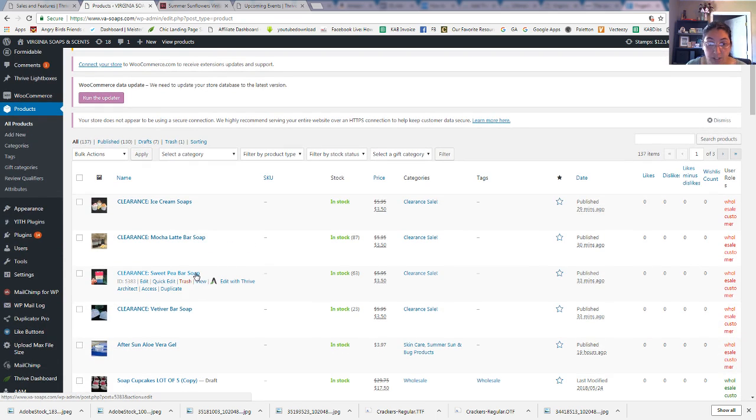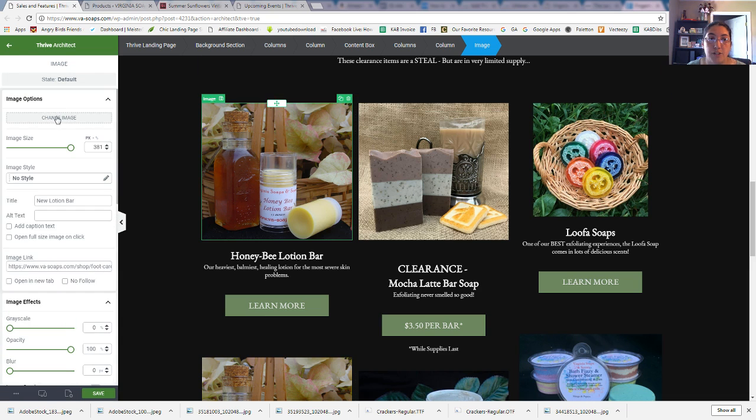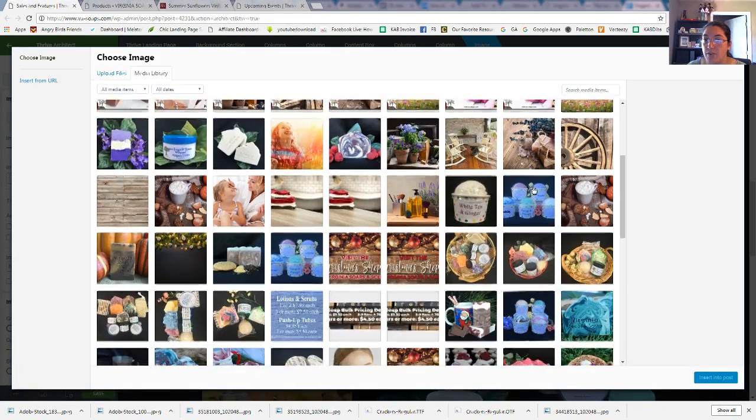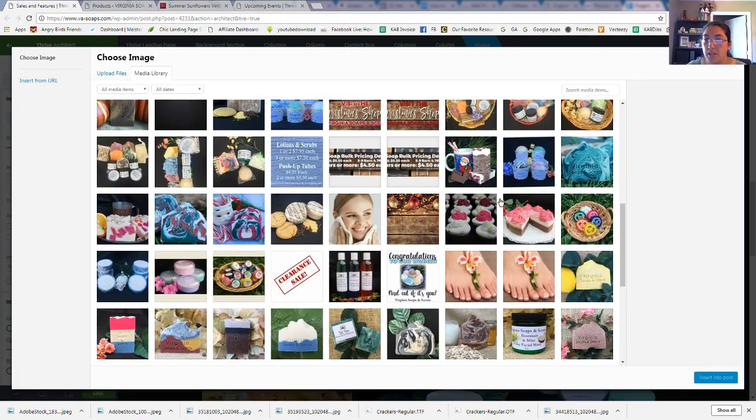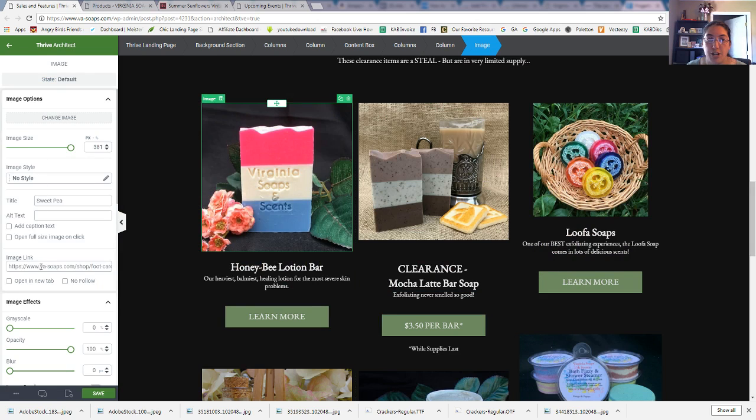Okay, so let's do the sweet pea because that one's so pretty. I like that one a lot. Here's our link. Let's pop over here. We're going to change this image. Is sweet pea handy here, or do I have to search it up? There it is. Okay. And we're going to change that link